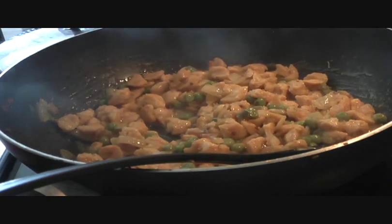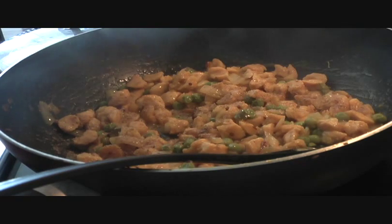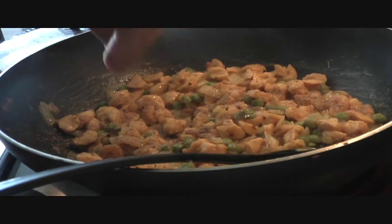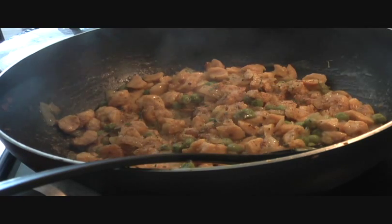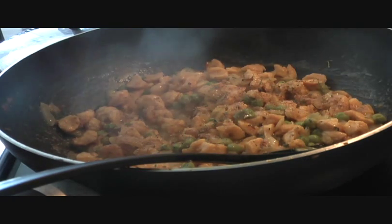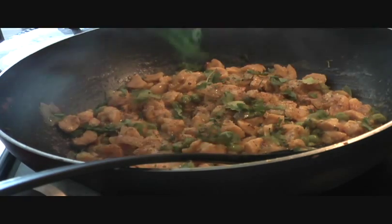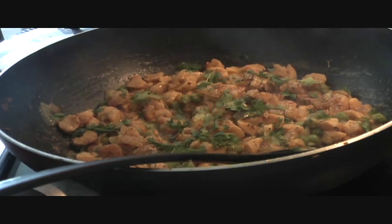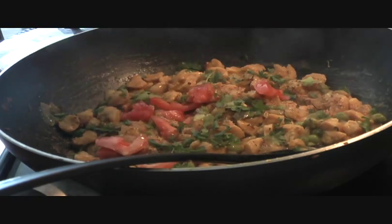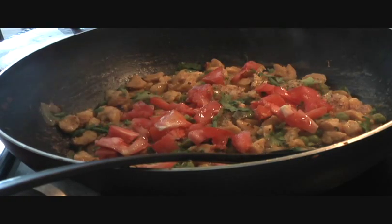We'll go ahead and add half a teaspoon of garam masala and half a teaspoon of kasuri methi, that's dried fenugreek leaves. Lend a great flavor to the dish. So just crush them with your hand, sprinkle them over, and we'll garnish it with some cilantro leaves and fresh tomatoes. So chopped cilantro leaves and half a chopped tomato. Just sprinkle it over and serve it nice and warm with chapati